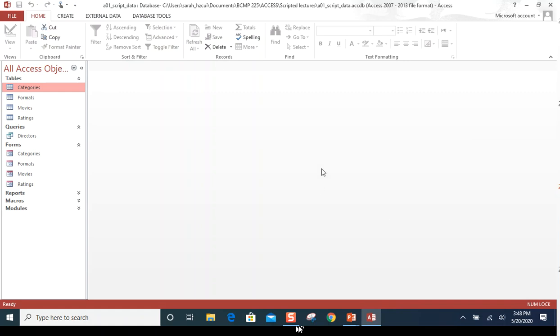Here we have the Access database main screen. It is the same database we used in video 1, which was about a video store. It has 4 tables, a query, 5 forms, a report, 1 macro, and modules we don't cover here. So as I mentioned in the last video, we will only be doing tables, queries, forms, reports, and some macro features. To get started on database utilities, let's go to File,